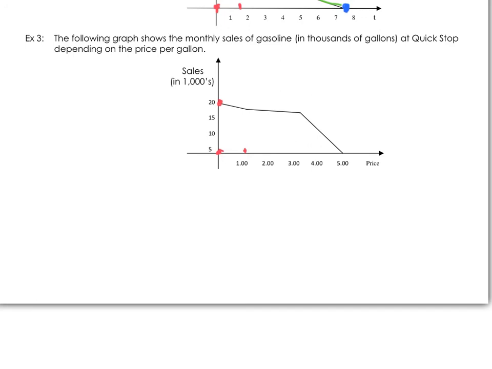As the price goes up, remember you started at 0 and you're going up to $1. As the price goes up to $1, the demand, the sales, decreases, but it decreases slowly. It decreases slowly as the price changes from 0 to $1. When it hits $1, up until $3, from here to here,